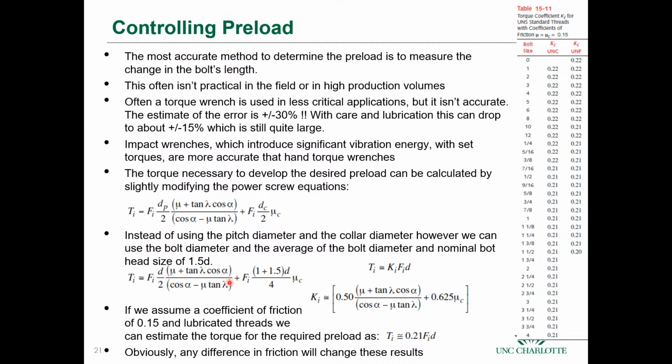And we can rearrange those, and in this case we can group these terms, solve for Fi, and call all this stuff here Ki. So when we put all that together, we get this value. So then we can express the required torque to give our initial preload. It's approximately equal to Ki times Fi times d. Okay, so if we want this desired preload to get close to the proof strength of the bolt, then we can use this equation to get an estimate for the torque that's required to